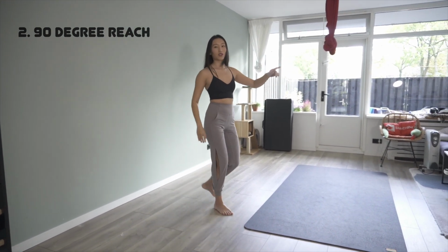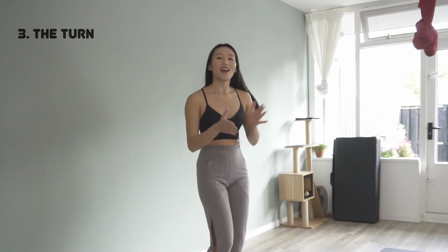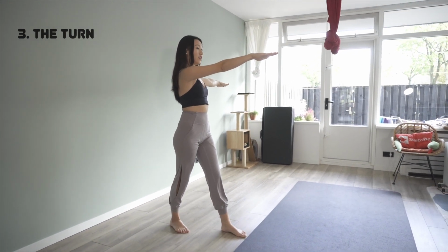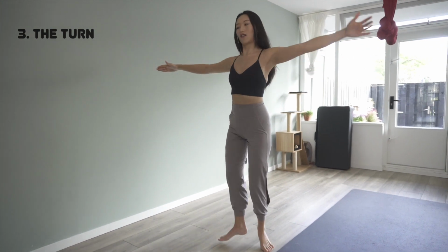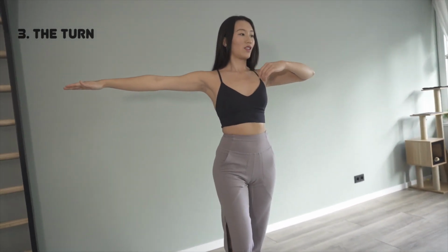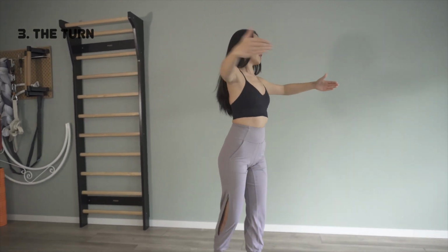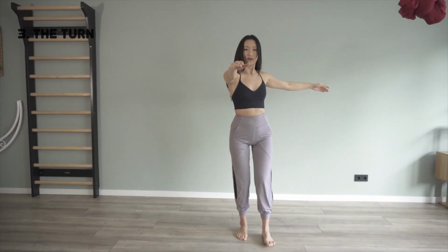I'm looking into the mirror the whole time just to make sure my arms are in a good form. Last condition for today, we're going to build it up from here. From here, we're going to open this right arm so that we can bring this arm so that we can turn to come to here. So let's go one more time. On this side, open the left arm. And now bring this arm in so that I can turn to come back to